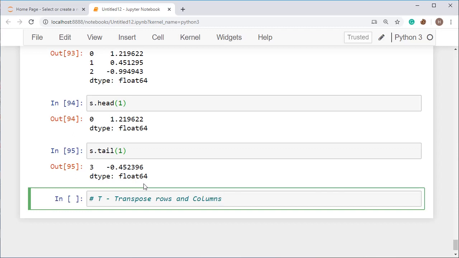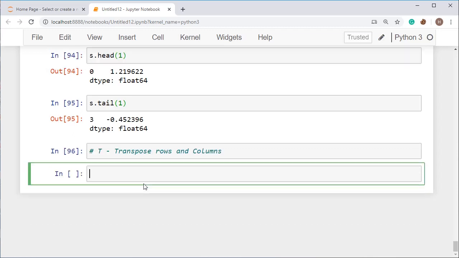When you apply it on a data frame, the data structure of pandas, it will transpose by changing rows into columns and columns into rows. There is also axes, which will return the labels of the column axis as well as the row axis.